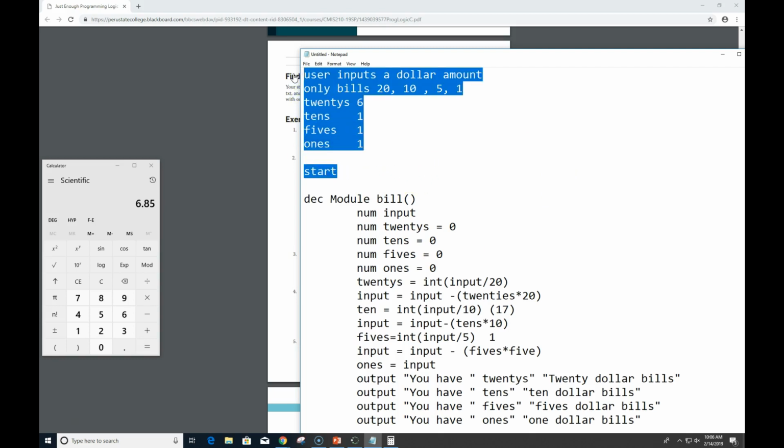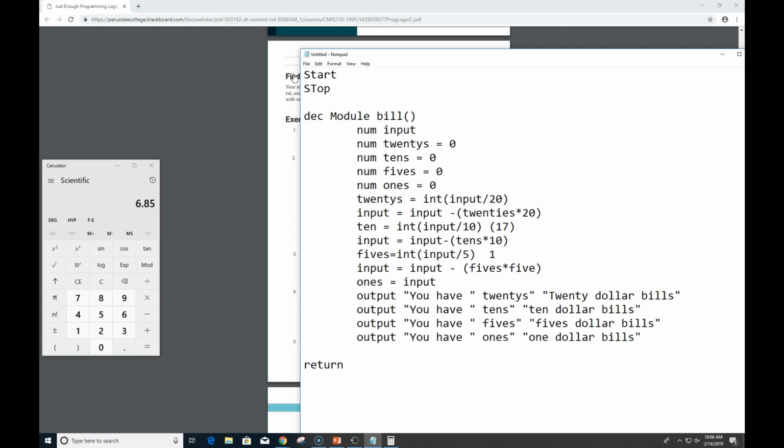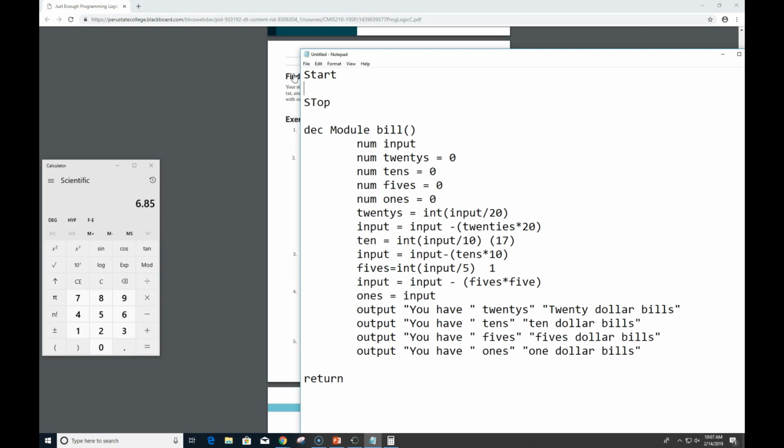So we know what our values are up there. So I'm going to come up here and I'm going to create my program. So I'm going to have start and I'm going to have stop. So now we can deal with that main logic. We don't have to care about what the value for change is in this module because we're going to pass it off into a module of some sort, right? So now we could have